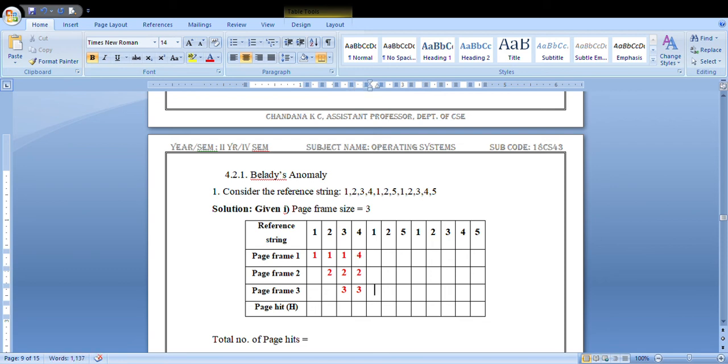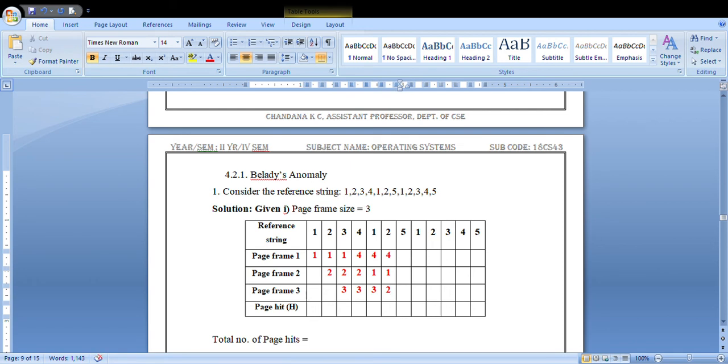The other 2 remain the same. Next is 1. You need to replace the oldest page, which is 2, so replace 2 by 1. Next is 2. 3 is the oldest page, so replace 3 by 2.